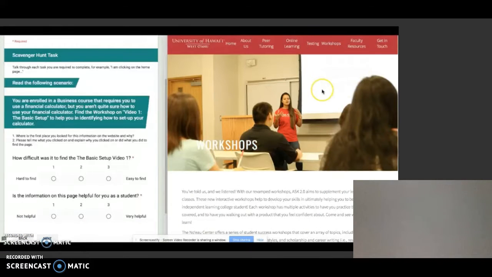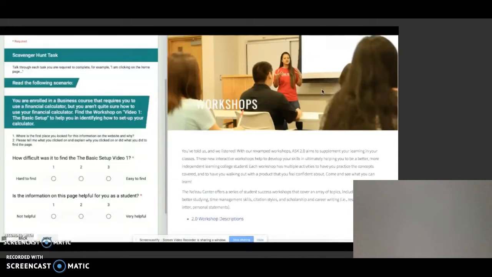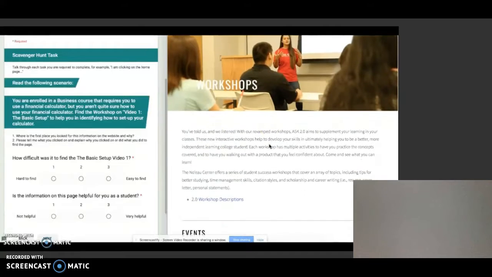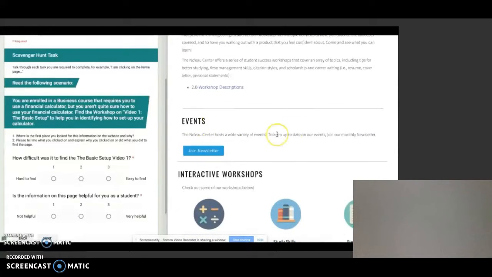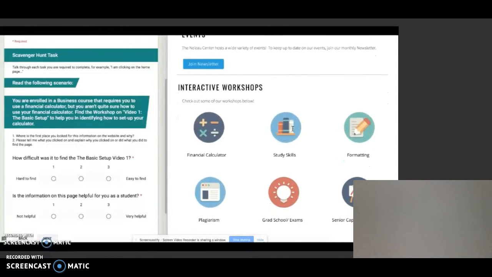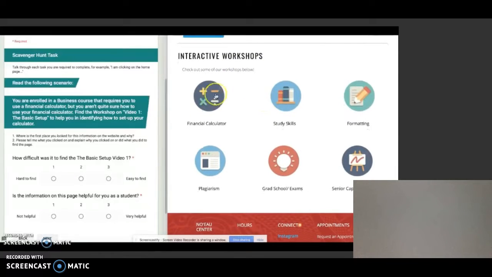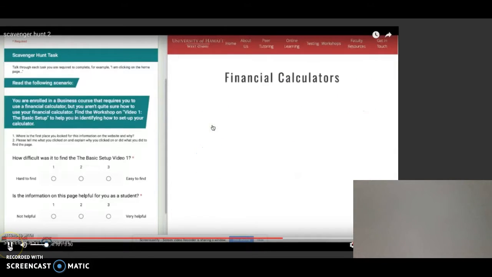Okay, so after I've clicked on workshop, I am looking for information on the financial calculator, so I'm just scrolling down on the page and seeing what I can find. It looks like there's events that I can join. Oh, okay, so now I've just come across this section on interactive workshops, and as I'm scanning through, I notice, ta-da, financial calculator. So I'm going to go ahead and click on that because I'm assuming that this will lead me towards some type of workshop. So after I click on that,